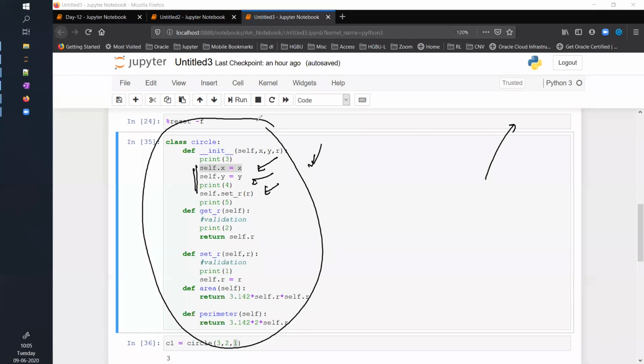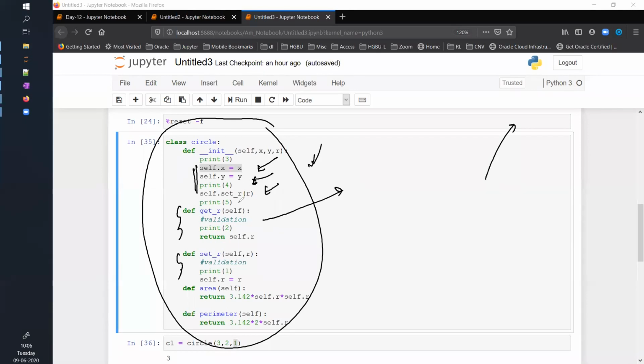Tomorrow there is some requirement change. I found that there is some kind of hack people are doing, and I want to add more validation to get the value and to set the value. So instead of self.x equals x, I directly added functions here. But my users are not aware of these functions.